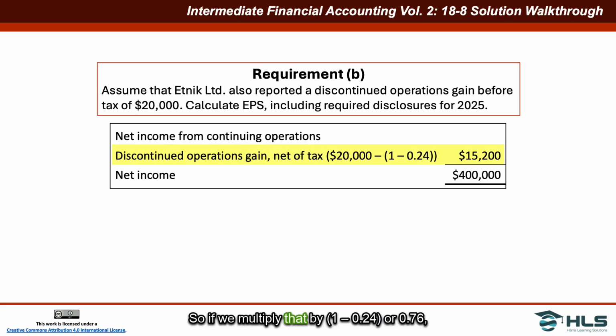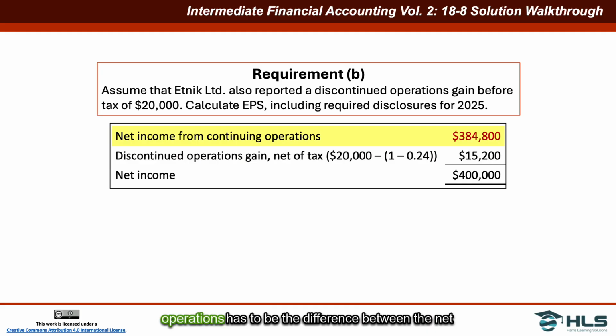So if we multiply that by 1 minus 0.24 or 0.76, this results in a gain of $15,200, which means that the income from continuing operations has to be the difference between the net income of $400,000 and the discontinued gain of $15,200, or $384,800. And just to be double sure, make sure you double check by going from top to bottom. $384,800 in income from continuing operations plus the $15,200 net of tax gain on discontinued operations